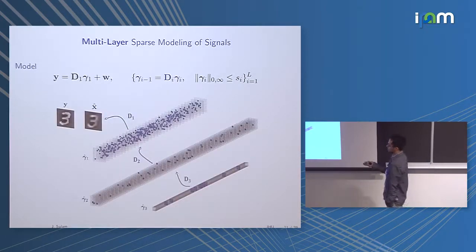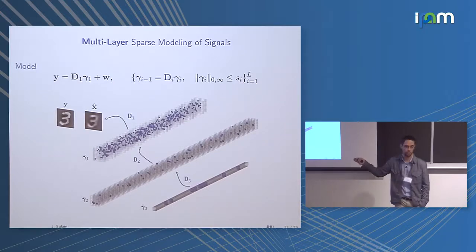And what we are saying is, well, we can have, for example, a gamma 3, which is very sparse, and then you multiply by a convolutional dictionary and you get a sparse gamma 2. You multiply that one by a dictionary D2, and you do this over and over again, and then you multiply all of them together and you get an approximation x hat, which would be an approximation for your signal y. And this is not a cartoon.